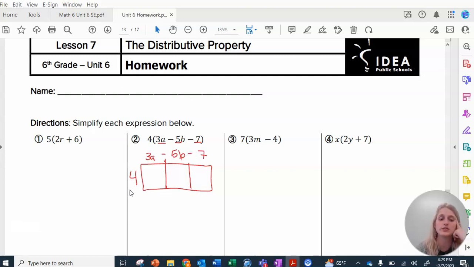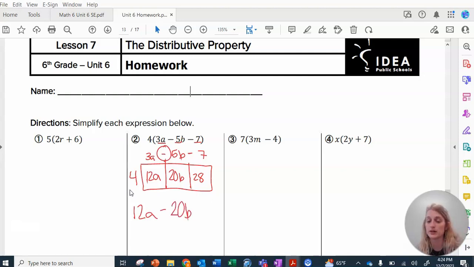4 times 3 is 12, which means that 4 times 3a is 12a. 4 times 5 is 20, so 4 times 5b is 20b. And last but not least, 4 times 7 is 28. So when I write my answers, I'm going to write my 12a. I'm going to keep that minus sign,